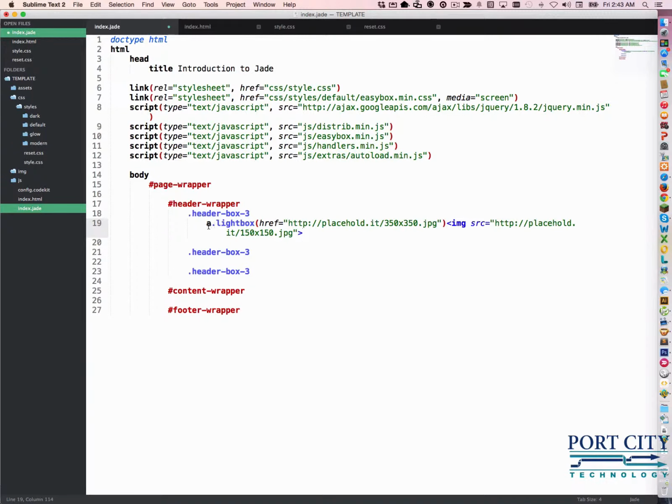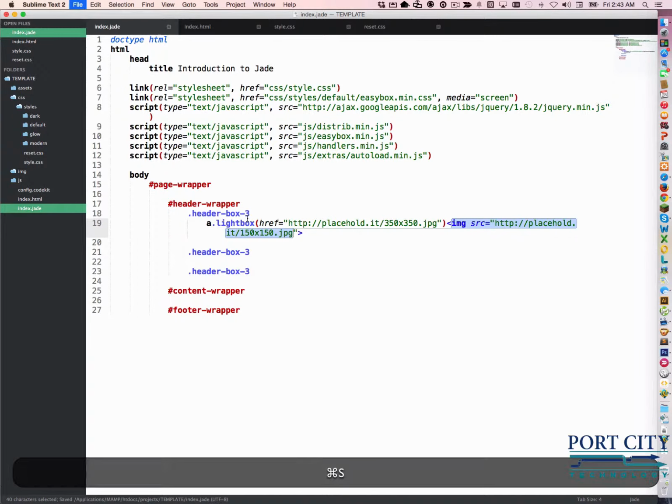So we have an A link, a hyperlink, with a class of lightbox, and we're giving it a link, and then this is the image call itself. Okay, and so now if we save this and look at the HTML,